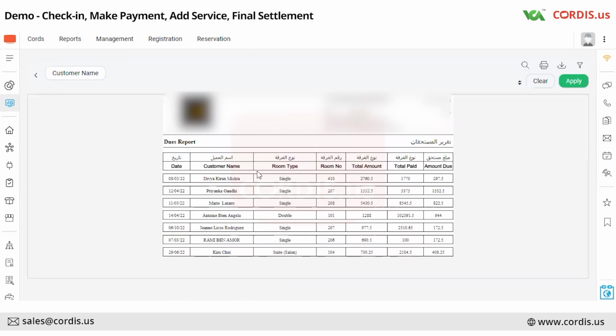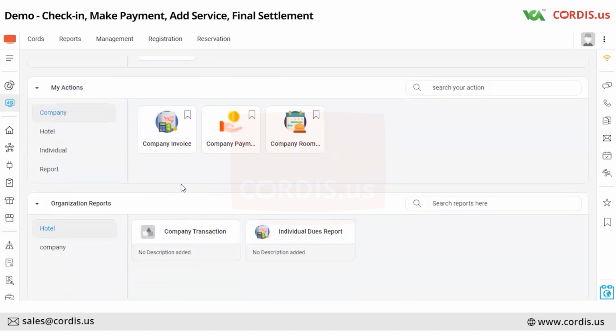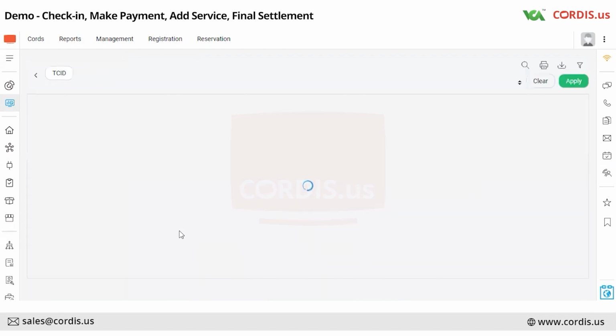So next we have this report where, if we have any due amount for any of the individuals, we can see the due amount, the total paid, and the date. So this is basically the reservation check-in date, the total amount, total paid, and the due amount for that particular reservation. This is one report that we can show. The other would be